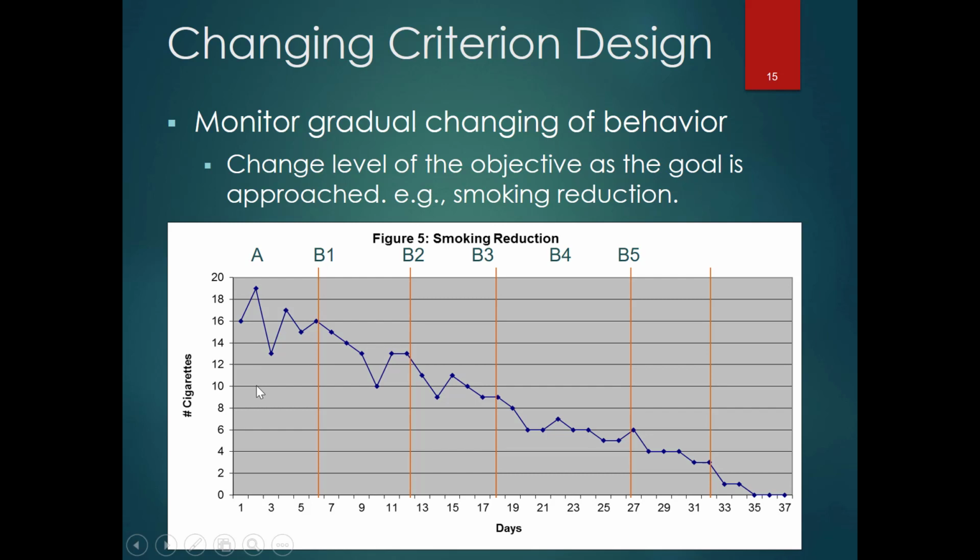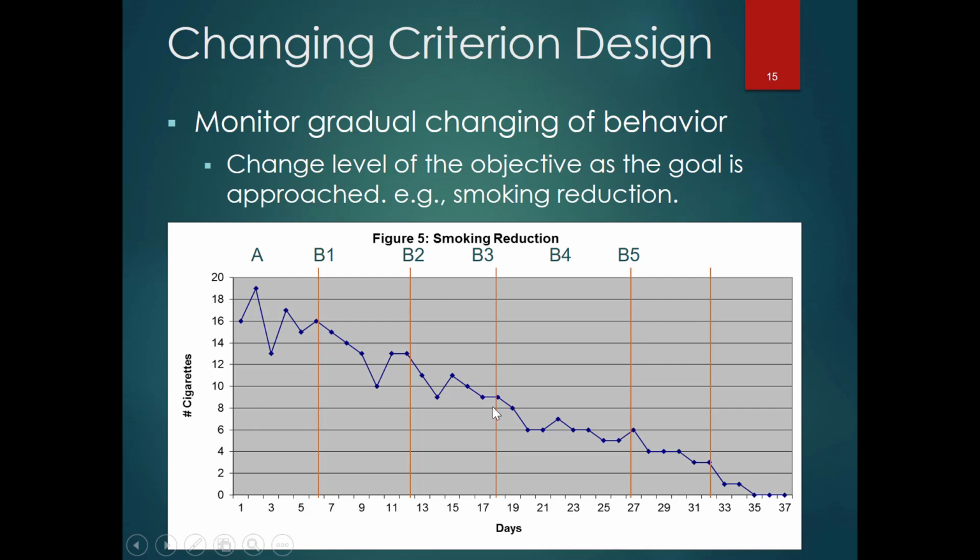So looking at here, we have this client smokes about an average of 16 cigarettes per day. That's what the baseline phase shows us. So here in B1, we're looking at the intervention phase, the first intervention phase, which is our first goal, we're going to set the goal to 13. So now that they're smoking 16 on average, we're going to set that goal for them to try to reach 13 on average, right? And so what we would do, we would measure that each day. And once we reach the goal of only smoking about 13 per day,